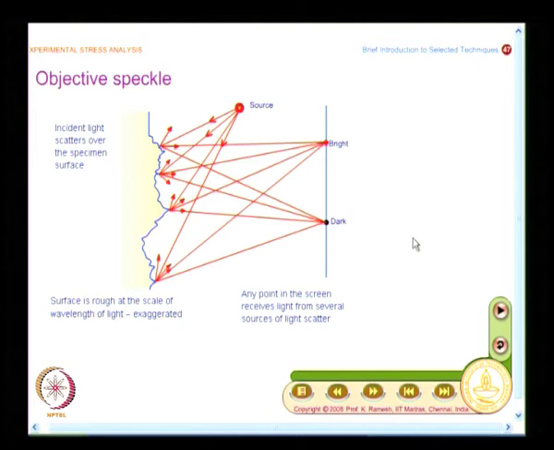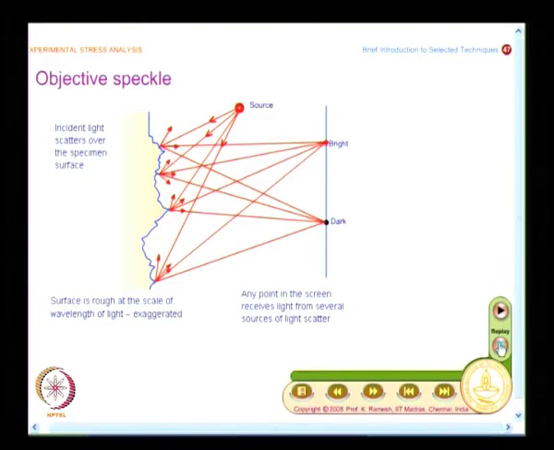Have you been able to make a reasonable sketch of the final ray diagram of the whole thing? Because you need to have this. We have seen how this formation of speckle actually happens. The light rays go and hit the model, on the surface of the model it gets scattered, and any point on the screen receives light from several points of scatter, and that is how you have to read the picture. You may finally have a picture like this, but how this picture came into existence, these are the sequence of operations. And if you want, I can repeat the animation once for clarity.